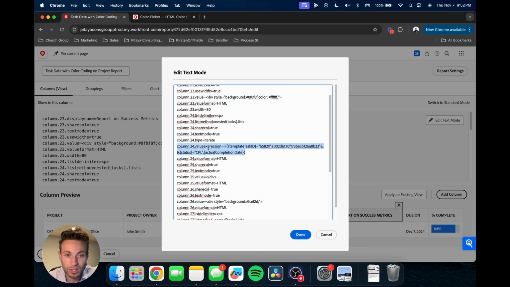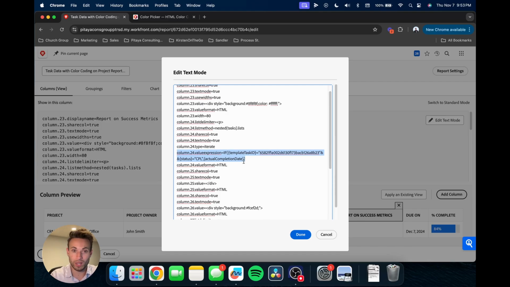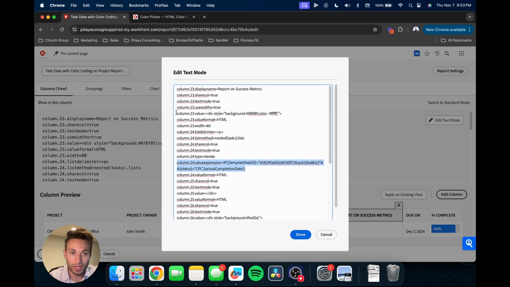So this is the value expression. If the template task ID, which is the task, and we have the 2 ampersands there, and the status is equal to complete, then put the actual completion date. Okay, so that's that grayed out one, and we're getting that grayed out color here. This is where we're getting that style, the background color, and on this one there's 2 because